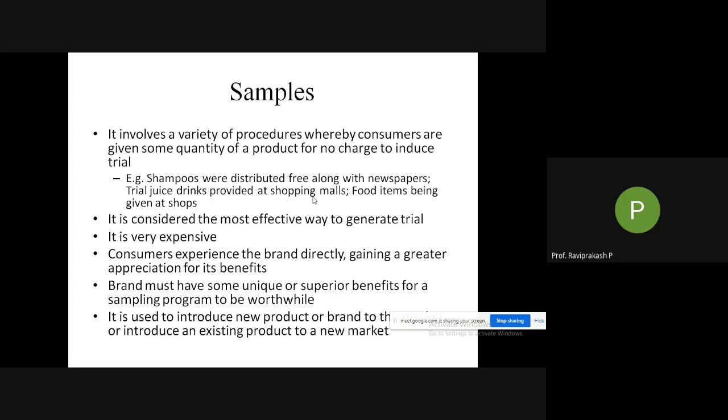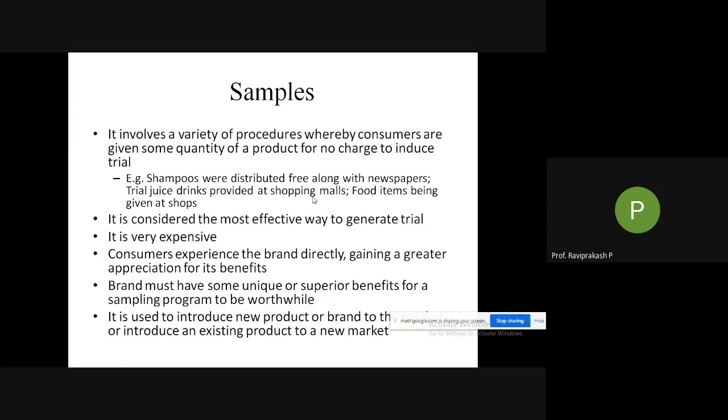So it is very difficult at times, even if you are giving your product for free for sample purposes, people are not ready to use it. They say, I don't have time, I am very busy, I am going somewhere. So even that is very difficult. But it is considered the most effective way to generate trials, because you can make the person use it. Three samples are given, then you call the people, ask them to try it, and talk to them about the product, how it is, will you be buying it, or some other information that is needed by the company.